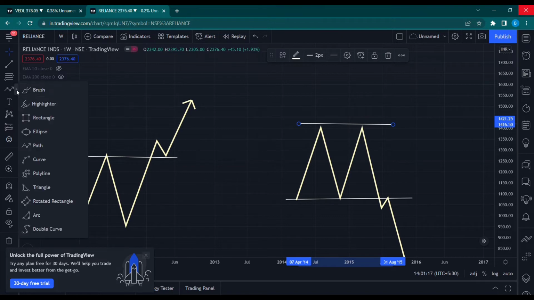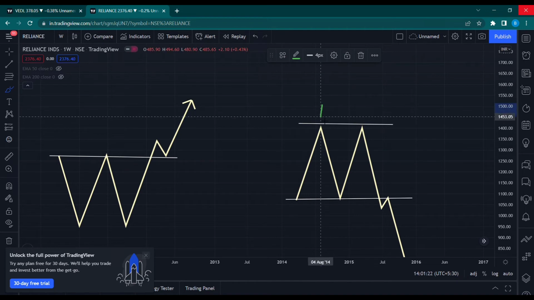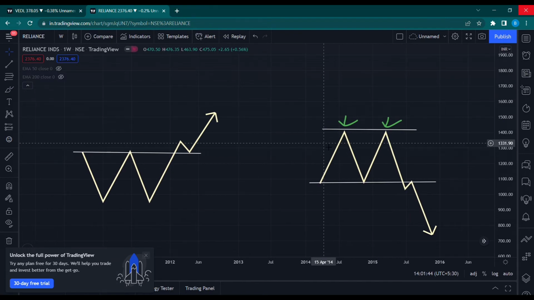So let's understand the psychology, right? Prices moved up, it bounced, it rejected the level once, right? Again it tried to break the level and then it could not, right? Again it rejected, and then we see a downside move and a breaking of that support, right? This support is broken and then it goes down, right? So this is called a double top. Double top, again, what does this mean? It means that the prices have rejected a resistance twice and then it goes down.